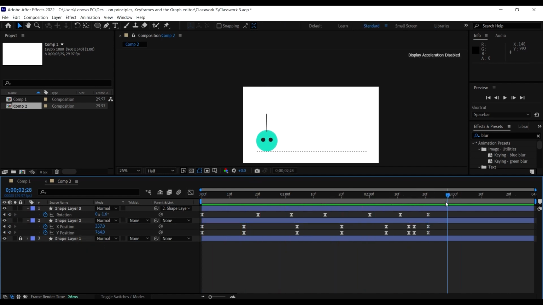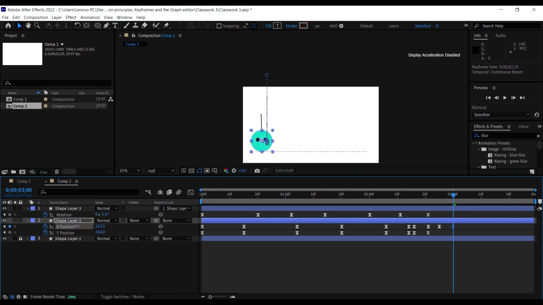So right now I want you to keyframe the x-axis. Create a keyframe on the x-axis, and then let's go back a little bit to create the anticipation, and also copy and paste the same keyframe to create a delay, and from here on we just move to the right. Okay,